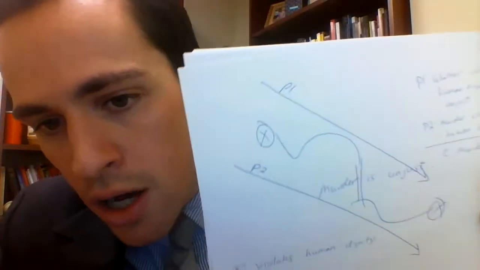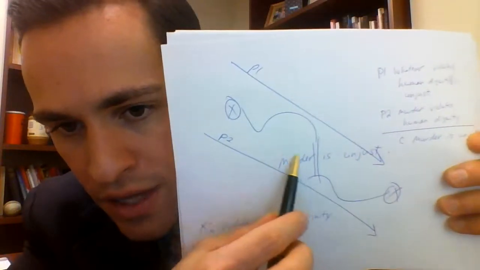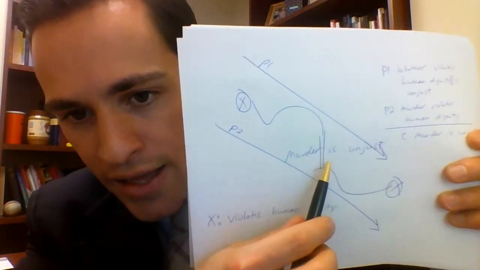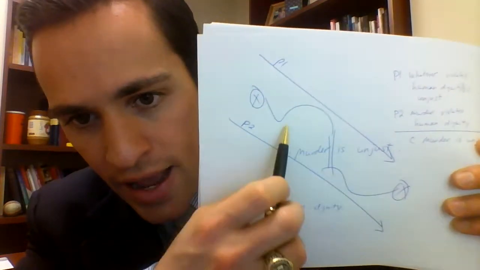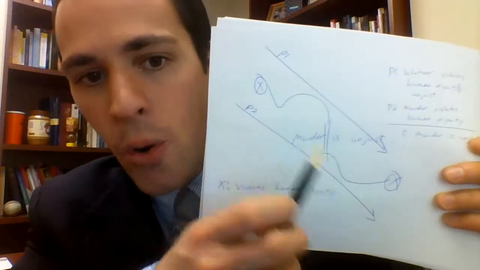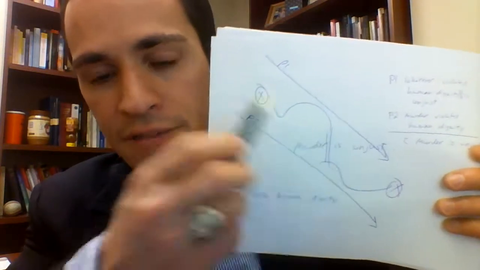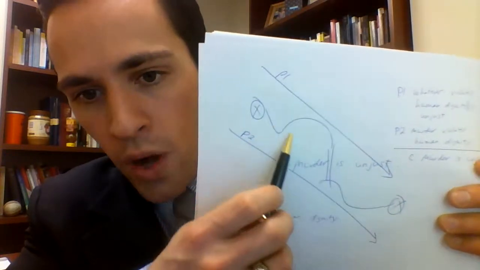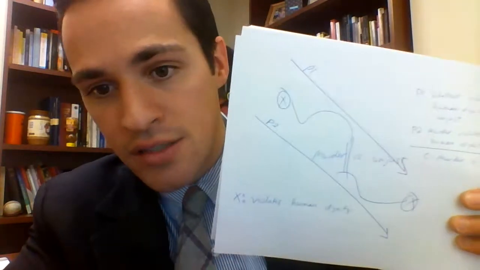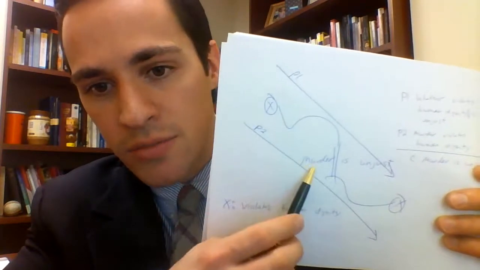Okay. It doesn't matter how long the proposition is that you're trying to prove, just so long as it is non-complex. That is to say, it has a subject and a predicate, and that's it. So no and, no or, no if, then. Just one subject and one predicate. So they can be very long sentences, but just so long as they have one subject and one predicate,